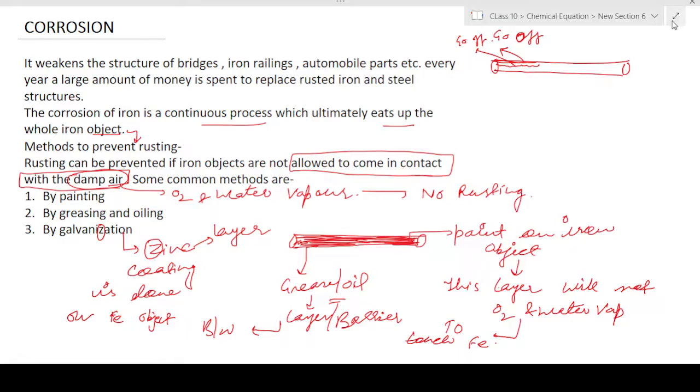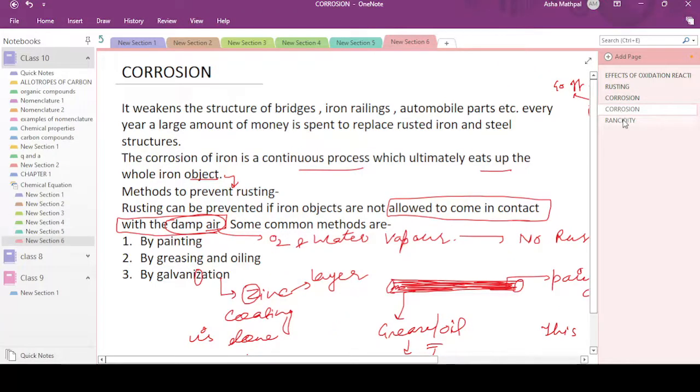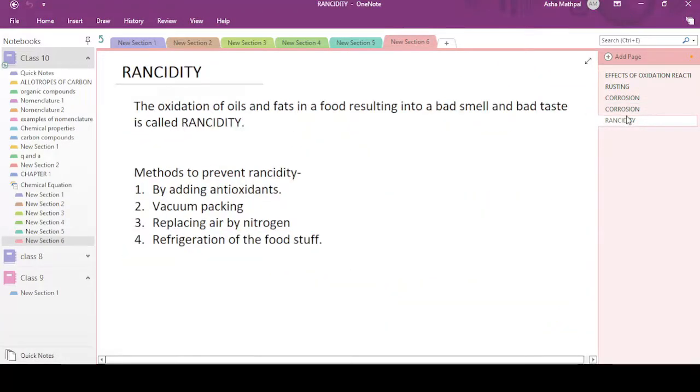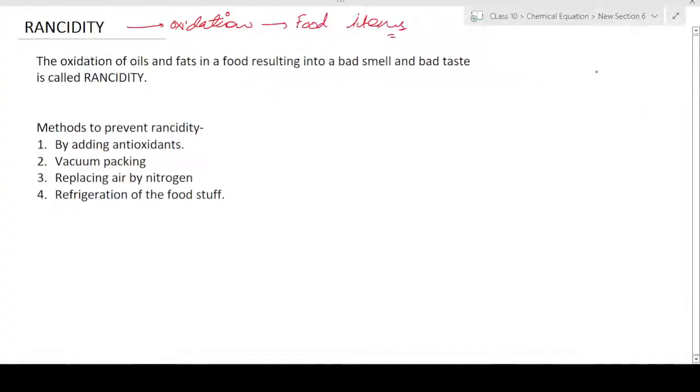Now let's move towards the next topic, that is rancidity. Rancidity is again a type of oxidation. This word is used when there is an oxidation of food items. Sometimes we have observed that there are certain food items which are very oily,